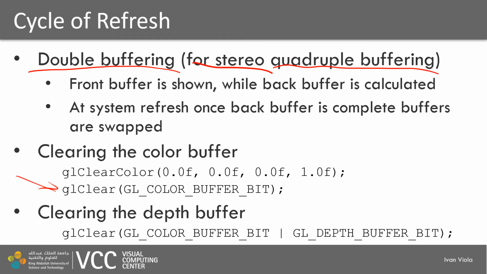Also, we do not only need to clear the color buffer, but also the depth buffer. Because if we are performing the depth test, then we might have depth values stored in the depth buffer from the previous rendering, and then we would be performing the depth test with the previous rendering result. If we don't want that, which is often the case, we clear the depth buffer